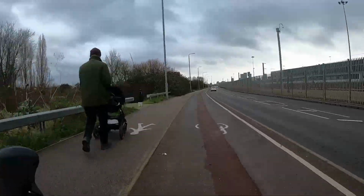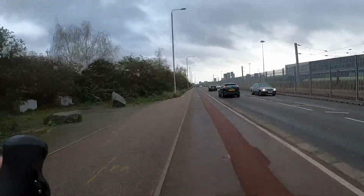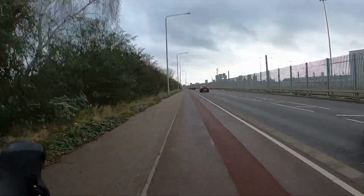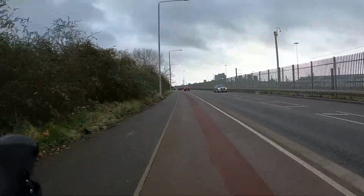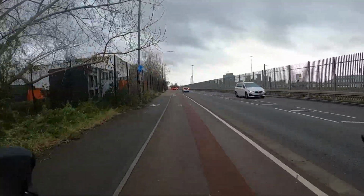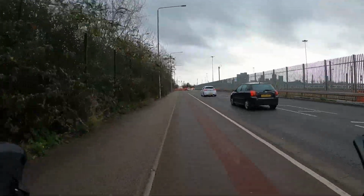One thing I don't like, however, is whoever's done the work along this track has left a very, very obvious scar along the beautifully surfaced cycle track. I'll be honest, I would be getting the contractors back to redo that because it looks terrible. It also messes with the smoothness of the surface, it makes it harder to ride on, and they've not repainted the cycle symbols on the track,